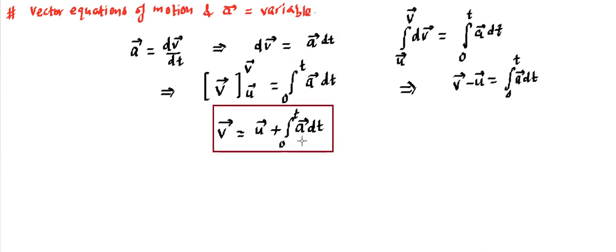So if we say a is a constant, we can take this a outside, so it becomes a vector, and t that we have just talked about in the constant acceleration case. Otherwise this is the most general equation, right? So that means if a is given to us, this equation will help us to find out the velocity at any time, including if we know this initial velocity u.